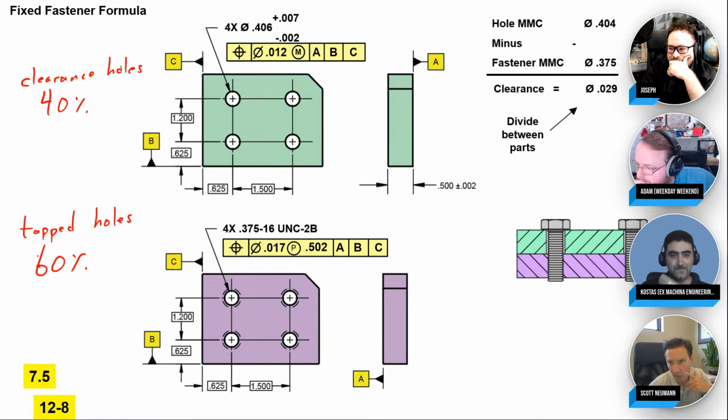Okay, so why the unequal split? Why do we give a little less to the clearance holes and a little more to the threaded holes? That's a very good question, actually. Why is that? I would imagine that